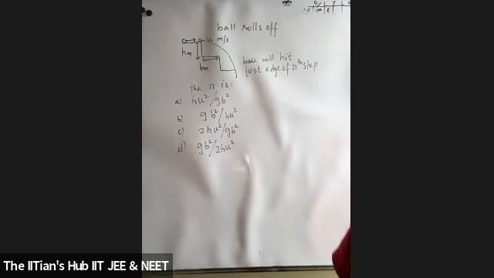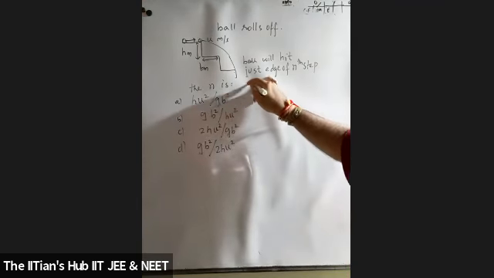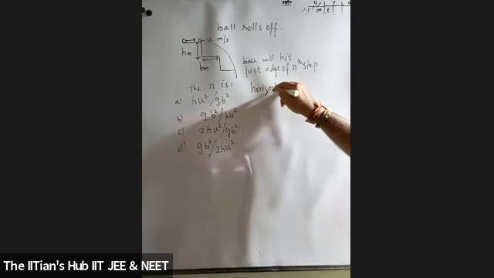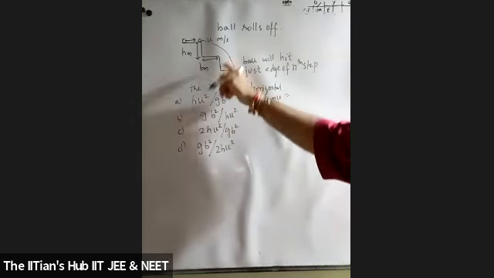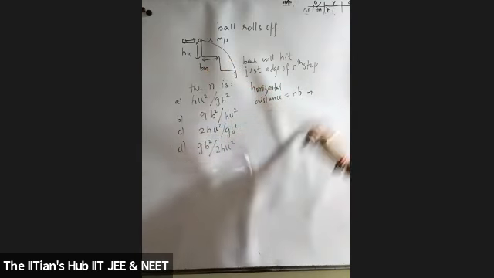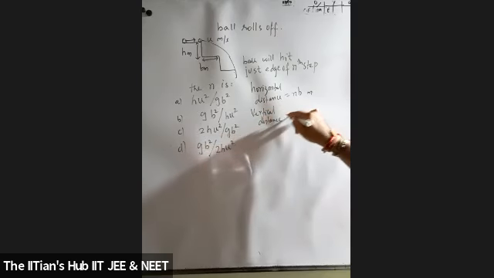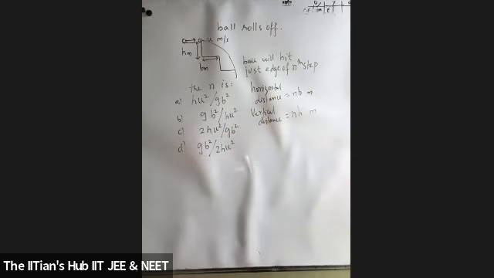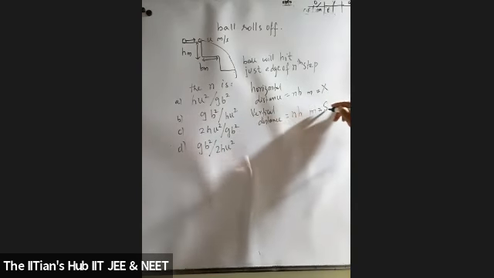Yes, sir. Sir, the number of steps is n, so I took the range to be n into b, since the horizontal distance of each step is given as b, and the height of each step is h. So the total height covered would be n into h. Okay, so the horizontal distance will be equal to the number of steps into b meter. And the vertical distance covered will be equal to n into h meter. So this is the distance covered along the horizontal x, and this is the distance covered along the vertical, that is y.